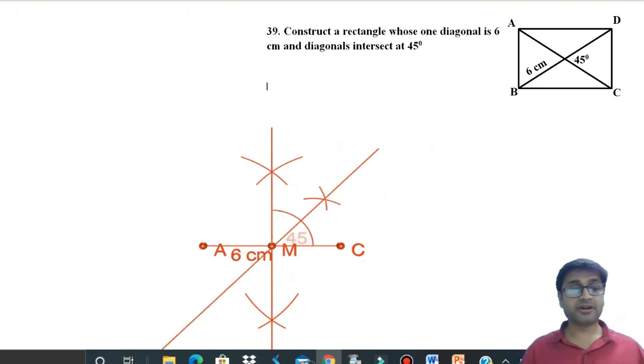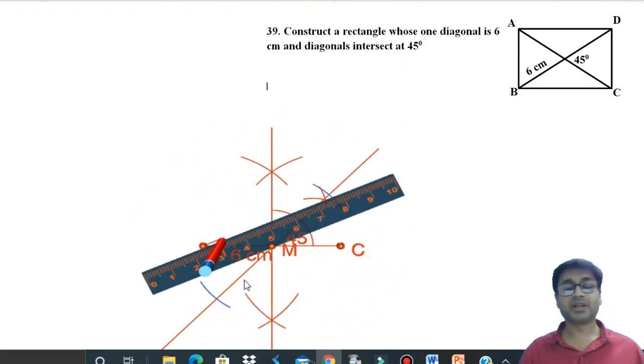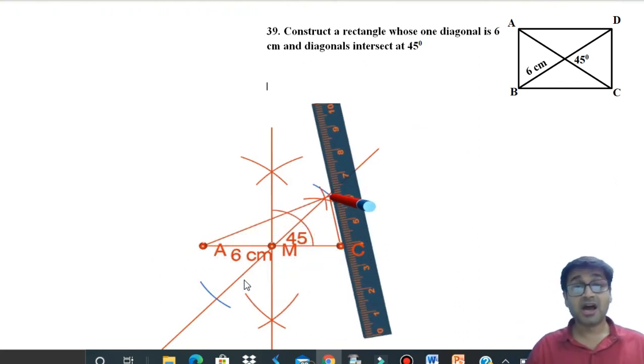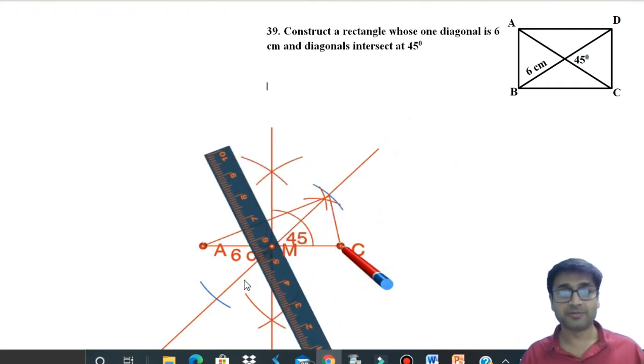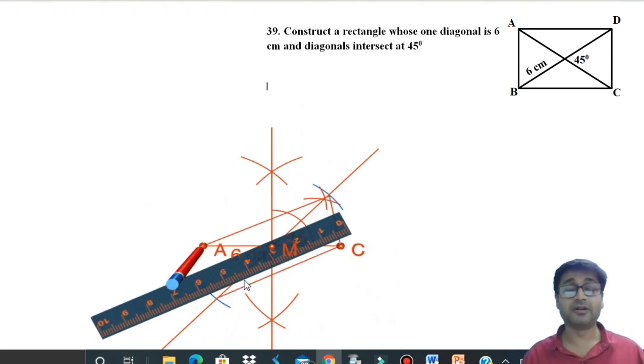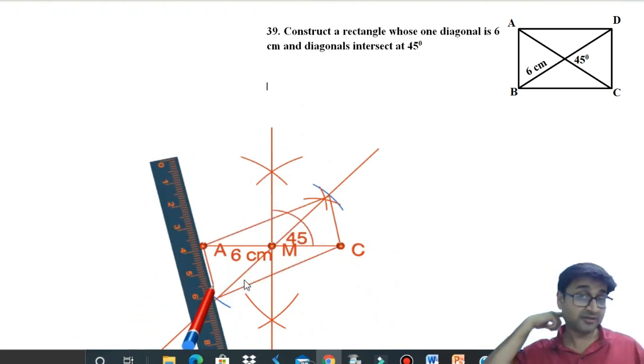Now, the length of the diagonal is 6. So take 3, half of that. Keep your compass on M, cut an arc up on this line and down on this line, 3 centimeters. So you'll get a total of 6. Can you see this blue arc up and the blue arc down? That is 3 up and 3 down. Join everything, and that's your rectangle ABCD with the 2 diagonals as 6 and the angle between the diagonals as 45 degrees. How many of you got this entirely without my help? If you have not got it, very bad, because we've done so many sums of this type by now. You should manage to get it. So that's how your diagram will look.